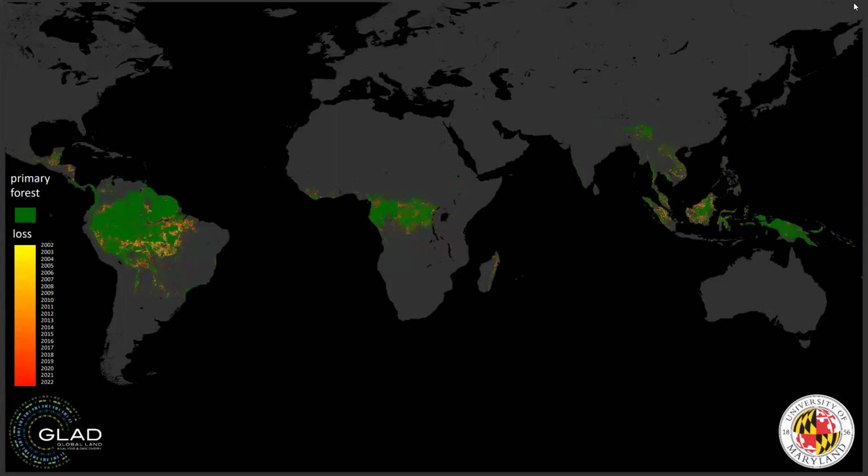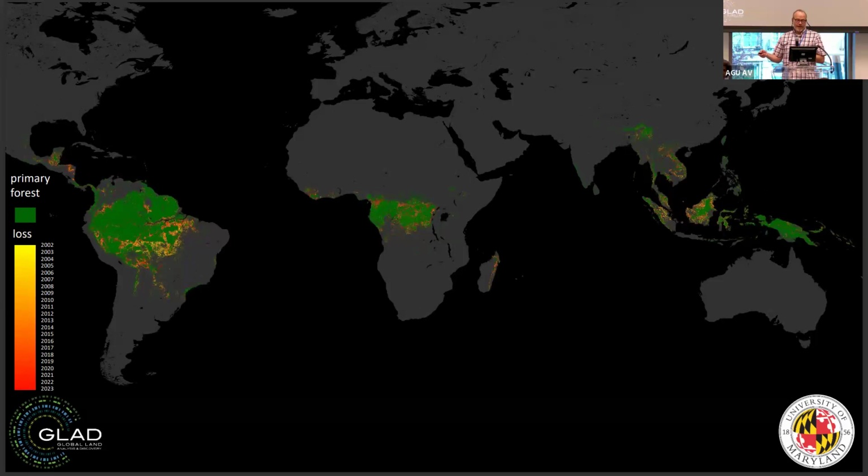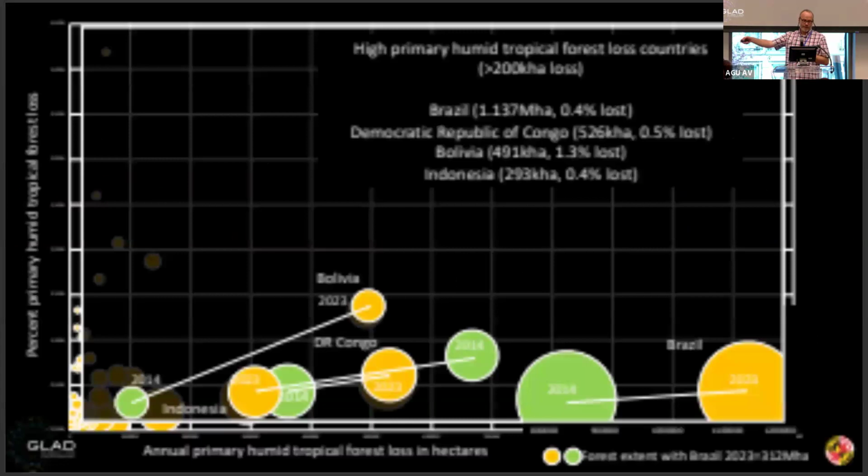Over the 20 years, we have not seen a decline in loss. It's a finite resource that we continually are appropriating for economic activity. And when we look at the overall record, there have been very few interdictions. Brazil had a success, but it was ephemeral. Indonesia has a current low level that might prove ephemeral as well.